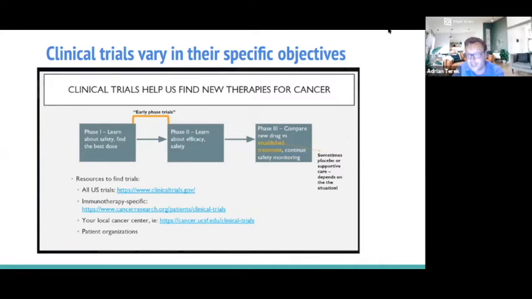And when it comes to finding trials, there's a lot of good resources that you can use. Clinicaltrials.gov, of course, is the government mandated trial website that contains every trial in America. There are some different research groups that help track specific types of trials. So for instance, the Cancer Research Organization does track immunotherapy specific trials. Your local cancer center, you can always use your local doctor as a great resource. So just ask them, what kind of trials are being run in this center here, and do you think anyone would be a good fit for me? And then of course, patient organizations. I'm a big fan. COLONTOWN, of course, is a striking organization where there's so many ways to learn about really